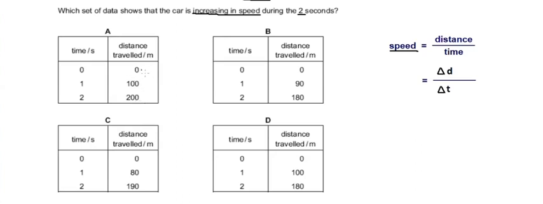Okay, so you can see this distance between this 0 to 1, the change in the distance is nothing but this, that is, it is going from 0 to 100. So change is how much? This change is nothing but 100, that is 100 minus 0 is nothing but 100. And from 1 to 2 seconds, the change is nothing but this, that is from 100 to 200, so it will be 200 minus 100. So change in the distance is nothing but 100. So if the change in the distance is